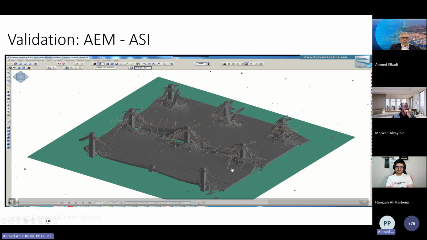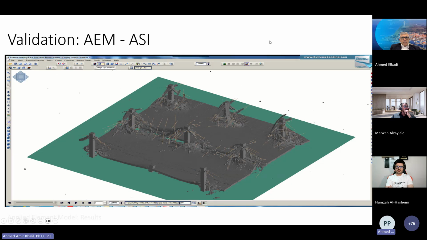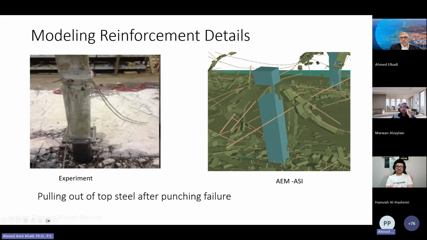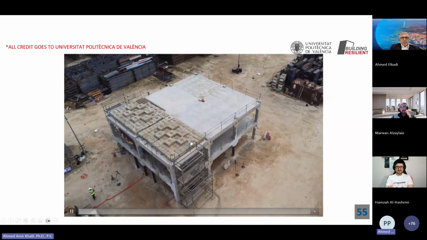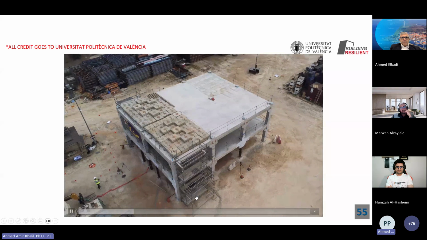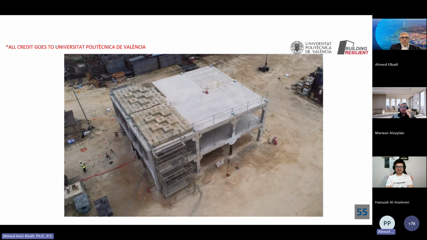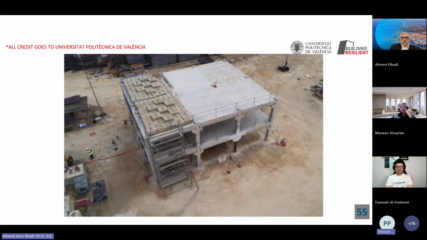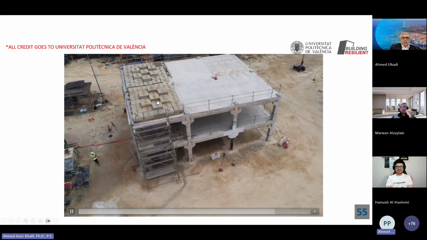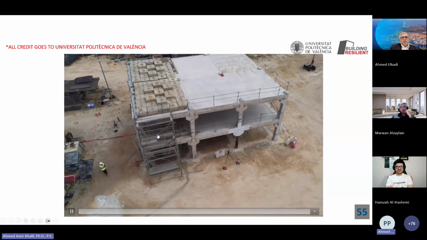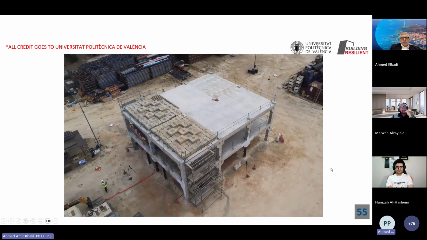So this is the collapse case that was modeled, and this is the actual collapse shape, and this is the simulation for the same collapse shape. You can model the rebar and the pulling out of the rebar from concrete. This is another full-scale test that was done at the University of Valencia. And here they are studying a two-story structure and subjecting it to column removal scenarios and estimating whether collapse is